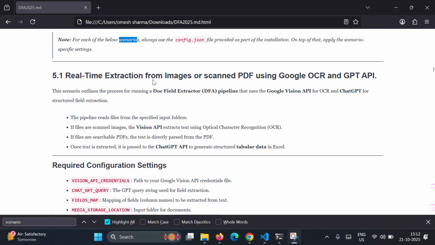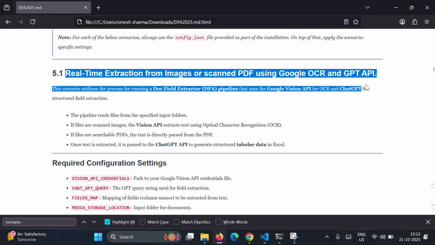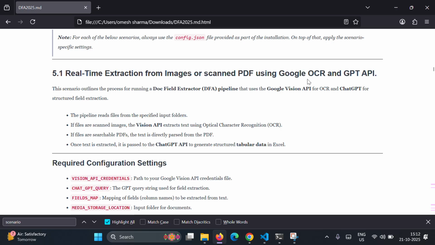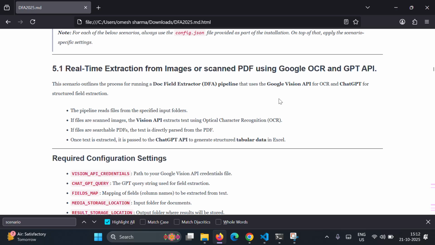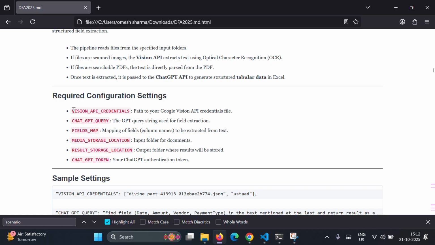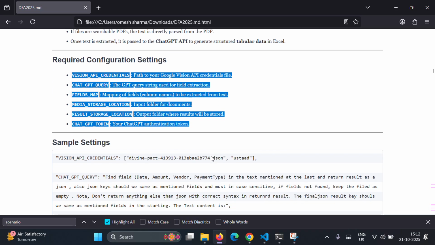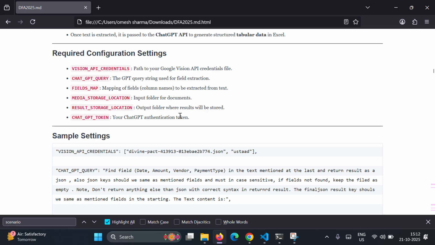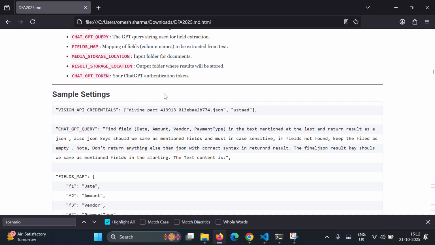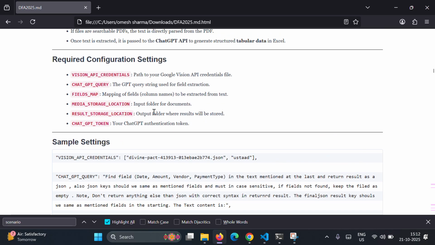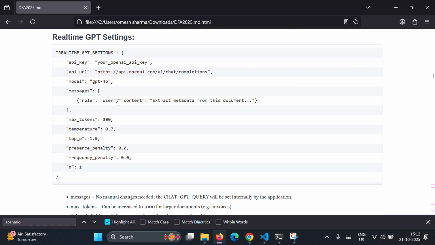So the first scenario is what we have delivered in your installer. This is where we are using Google OCR and the GPT API. That's it. And we have clearly mentioned what fields to change in our config.json. For each field, we have some requirements which are given in the prerequisites that you can follow, and the videos for that as well. So this is your first scenario that is covered, and